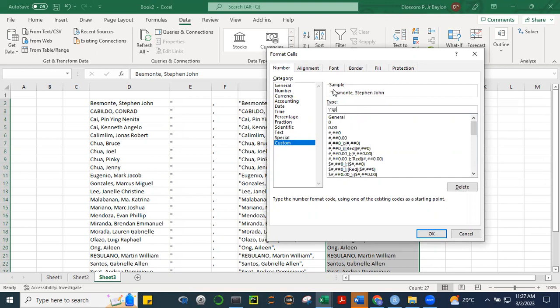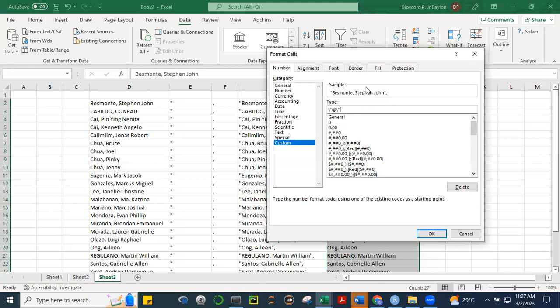Notice, class, that there's now a quote here, in the sample, if you can see. And then I'm going to close this, slash, and then quotes. Okay, you can now see that Desmonte Stephen John is now under quotes, right? And then I'll just put the comma there. So it's slash quotes, and then at, which means I'm going to put quotes inside this. The character here is represented by at, and then I'm going to close the quotes. So this is the beginning slash quotes, and then the ending slash quotes there. And then I end it with a comma.